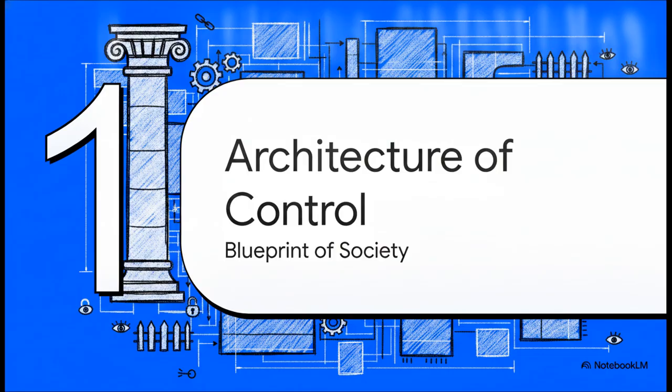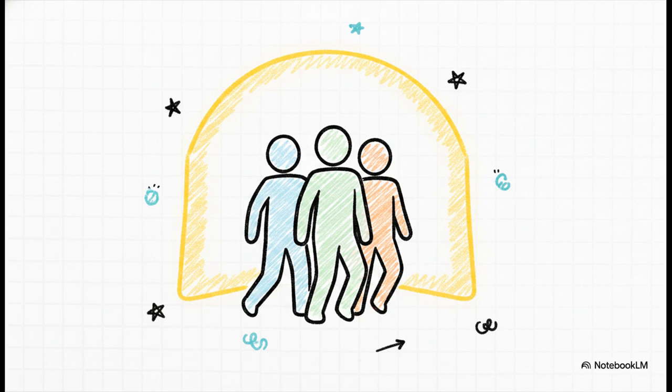Moving into Section 1, the architecture of control, or the blueprints of society. Now, what's really wild to think about is that even if you never, ever see the inside of a correctional facility, this framework still completely dictates your daily life. Just think about the invisible lines drawn around what we consider acceptable behavior. Why do we instinctively form an orderly line at the grocery store? Or why do you automatically stop at a red light on a totally empty street at 3 a.m.?